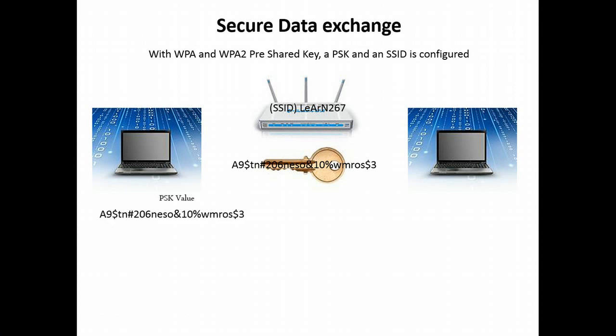Now, you have a pre-shared key value and you have your SSID value. These two values are hashed together to get your pairwise master key. That pairwise master key is used later on during a four-way handshake to create our encryption keys for passing secure data. In this scenario with pre-shared key, every station, every client that logs onto this network gets the same